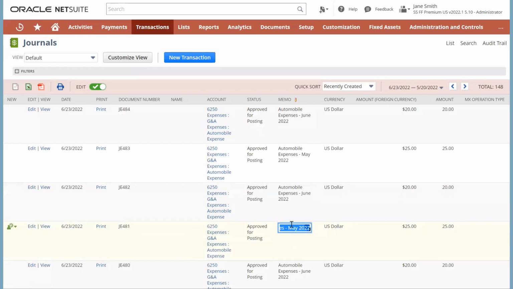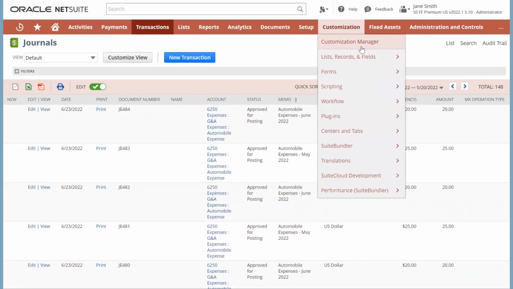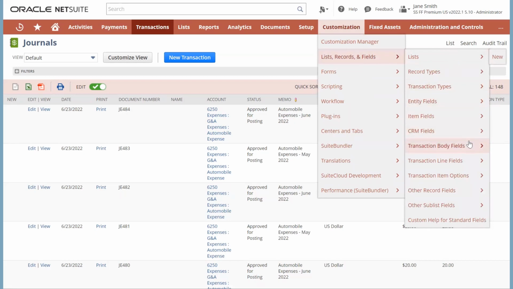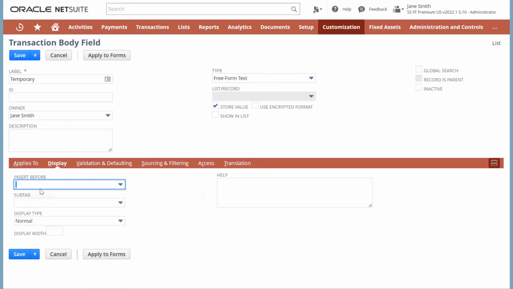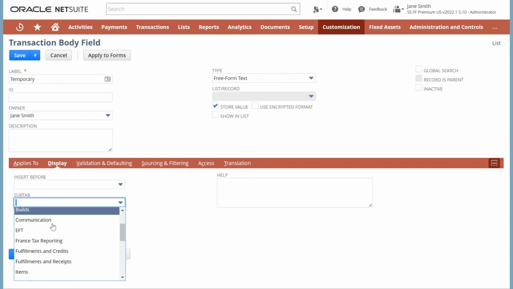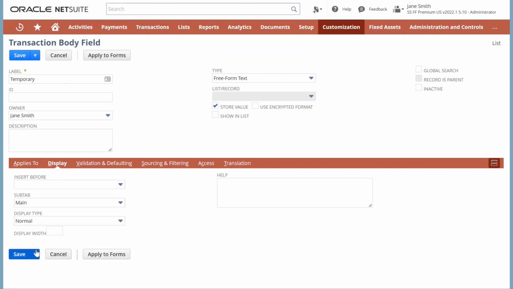If none are available, you need to create a custom transaction body field to have a column available for inline editing. To do that, navigate to Customization, List, Records and Fields, Transaction Body Fields, and click New. Enter a name for our custom field. On the Applies To tab, mark Journal, and on the Display tab, subtab field, select Main. Click Save,